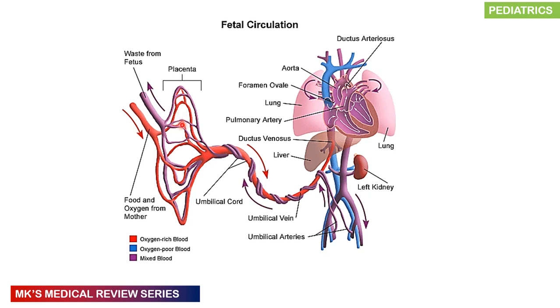So remember that blood that is rich in oxygen is going to be carried towards the fetus via the umbilical vein. So remember that this umbilical vein is going to be carrying oxygenated blood. Remember that veins are generally going to be carrying deoxygenated blood, but the umbilical vein carries oxygen-rich blood. So it's going to be carrying oxygenated blood through the umbilical cord into the child, and this blood is going